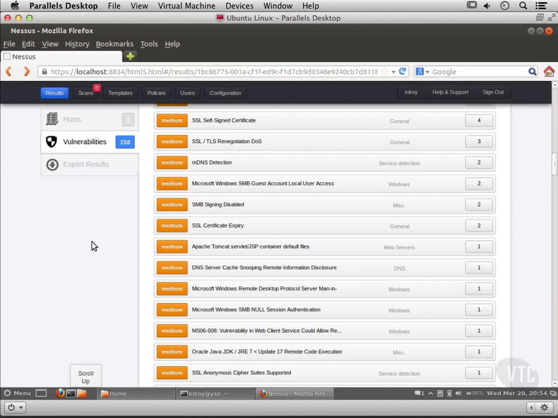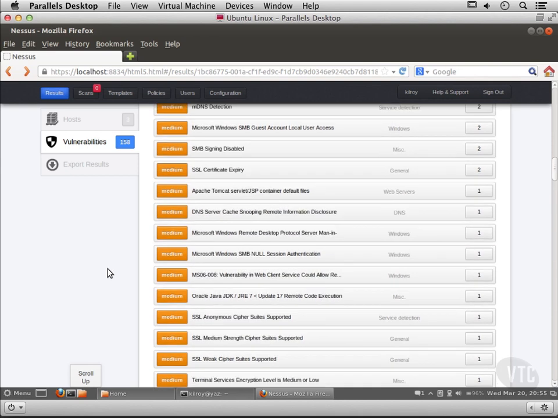So as an example, you may have an Apache server that's configured to only say that it's an Apache server, not give a version number. And Nessus may take that and make some guesses about the version that is actually running and throw up some Apache vulnerabilities in here. And you'd have to go and make sure that the version you're running is actually one